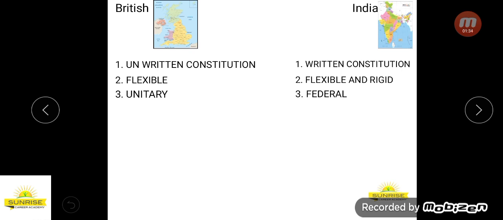Why is the British Constitution very flexible? Because they don't have a written form of constitution. This is a very important point you have to write in the mains exam. If we are talking about our country India, our constitution has both forms, flexible and rigid. Our parliament has the power to amend any section of the Indian Constitution, but our Supreme Court says Parliament can amend any part of the Constitution, but not the basic structure doctrine of our